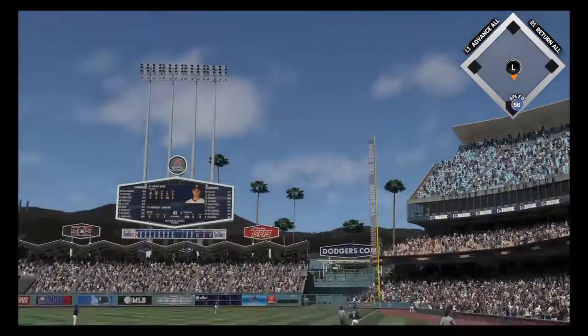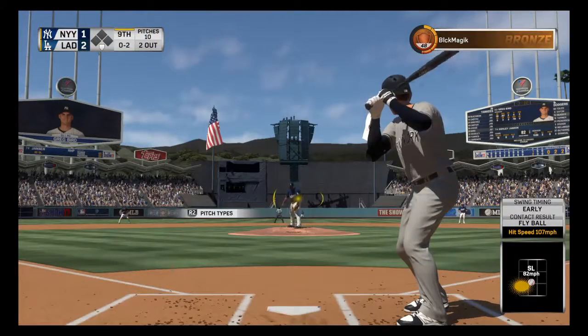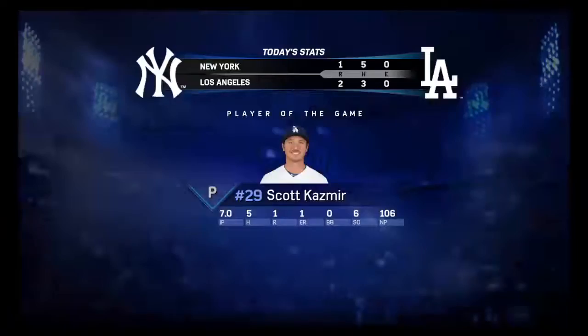Turned on that one and crushed it. Just pulled it a little foul. I know he'd like to see that pitch again. I know he's got 2 strikes. That's a ball he should have hit, though. It's right in his wheelhouse. He fouled it off. Swing and a miss. He struck him out, and that'll do it here as the ball game is over. Well, we watched a really